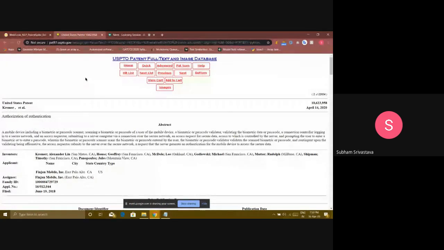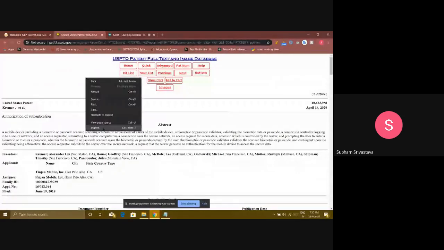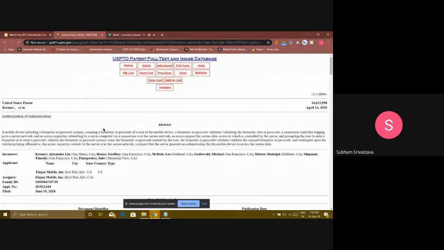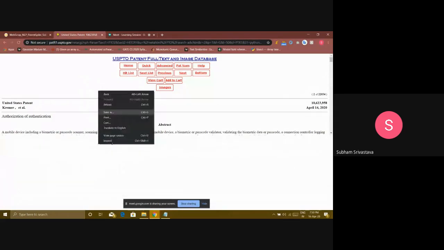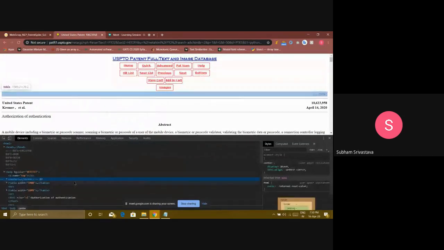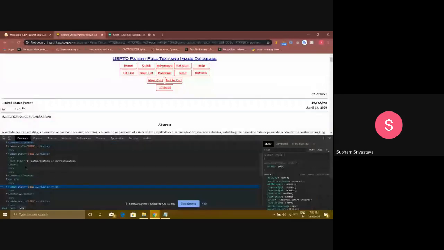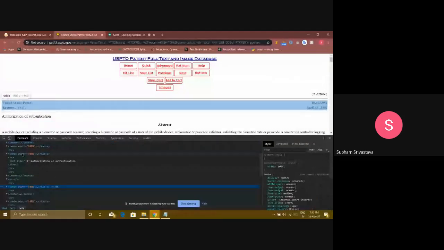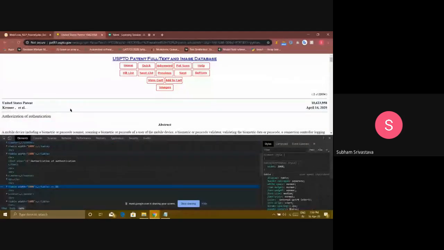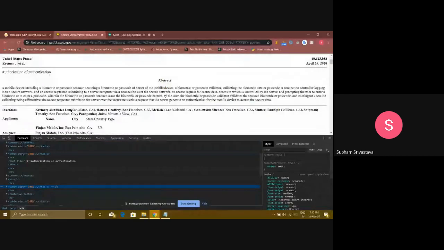If I inspect it, as I told you, it's very poorly written. It's slow on my system, it seems. All are in the format of tables. This is a table here. All these are in tables, and these are some passages in the body. Okay, so we shall move forward.